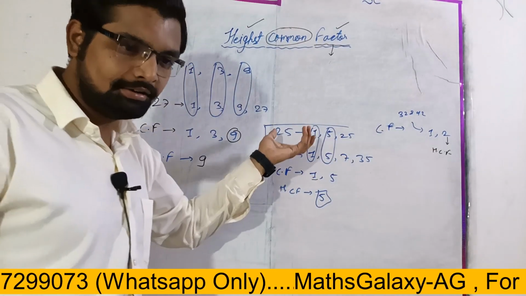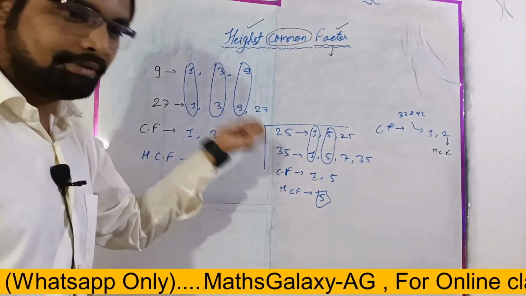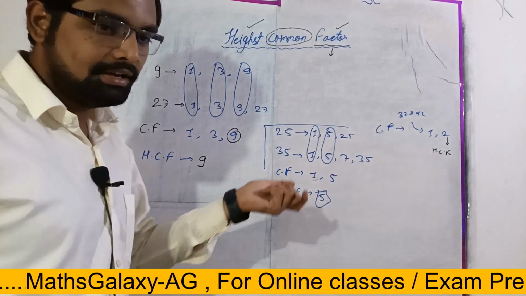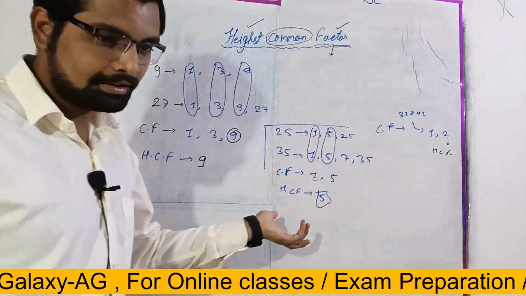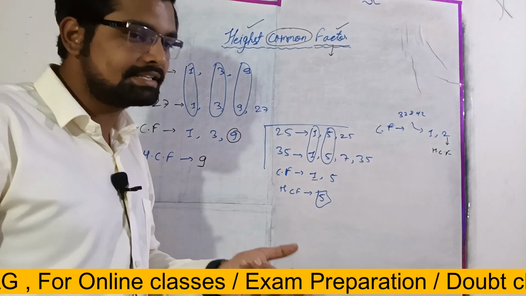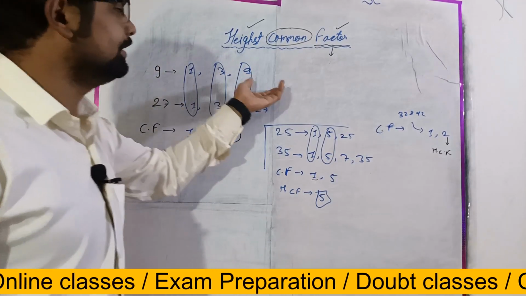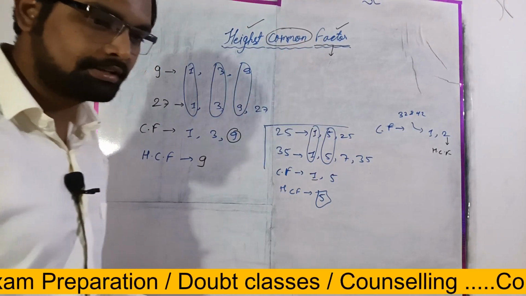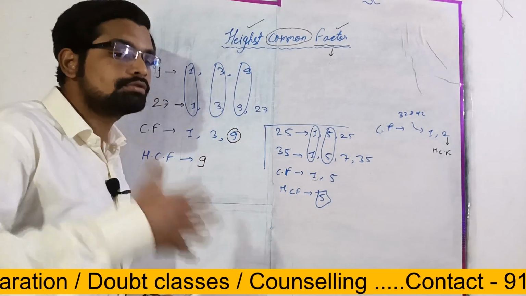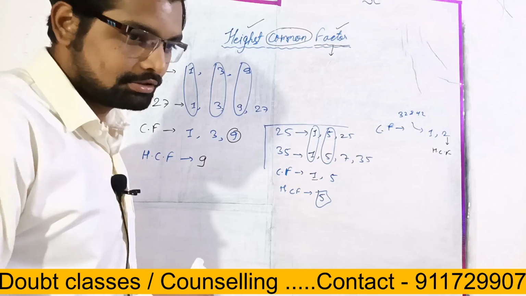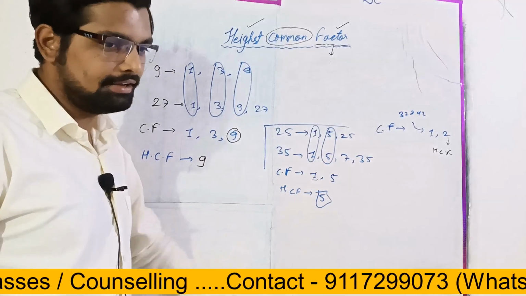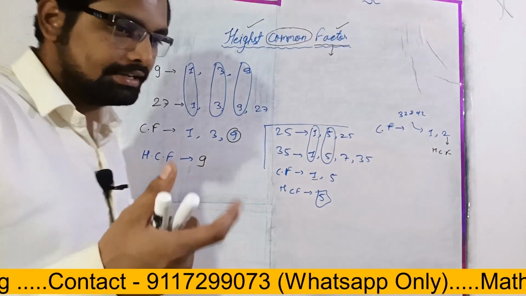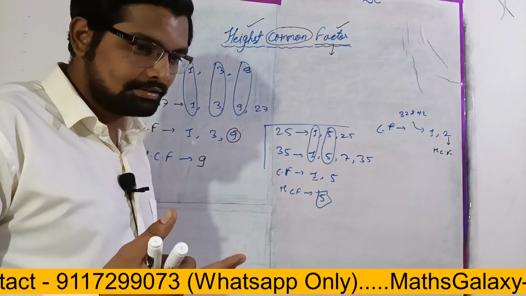But it can be, right? We can find it. But in every case, the answer will be 1. So that's why we didn't learn the lowest common factor. But for our knowledge, we should learn it. So that's why I discussed it here. From the next time, if anyone asks you, you can give the answer, right?